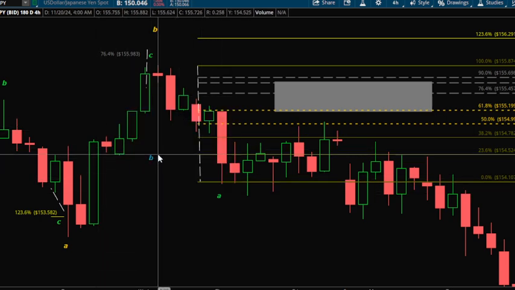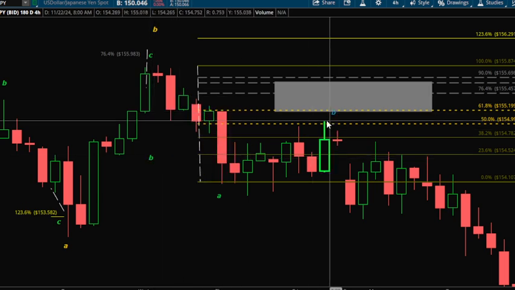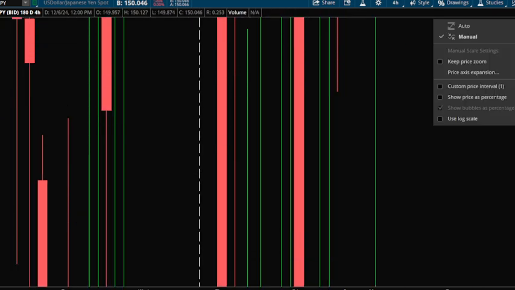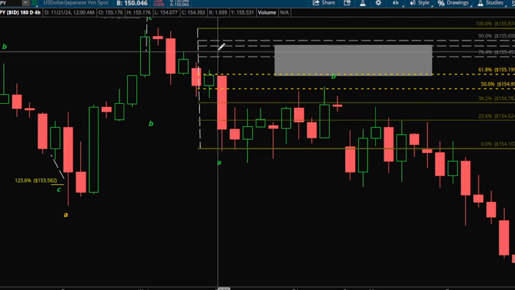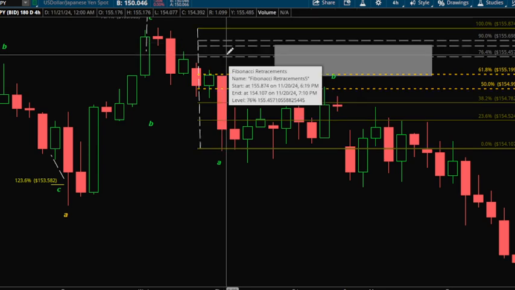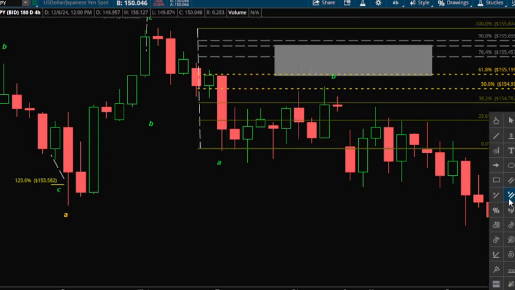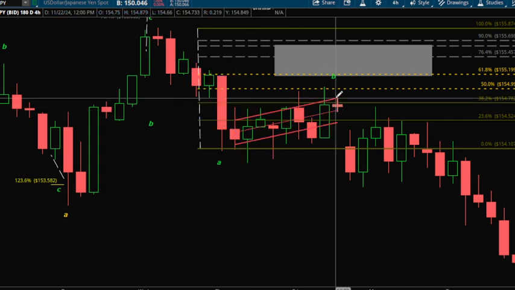So we notate a degree, and we knew that there was going to be a channel or a triangle, because the 76 or 80, 90%, these gray dotted areas indicate that usually some kind of channeling or triangle pattern will appear, and it happened right here. So we can go ahead and notate that, do it as such,